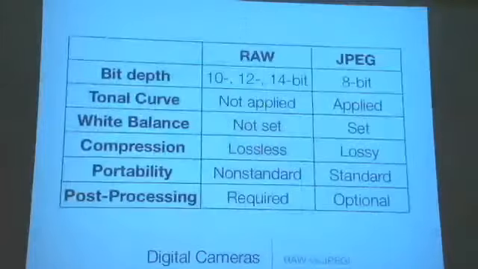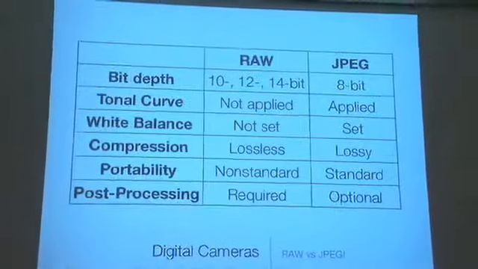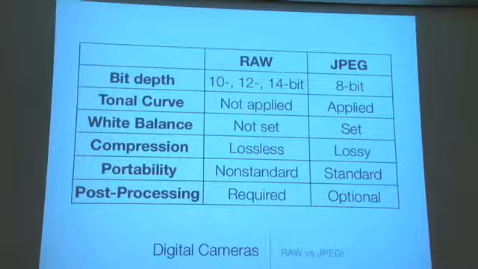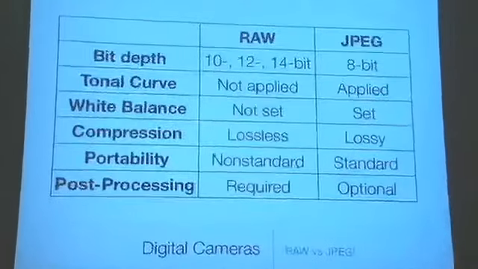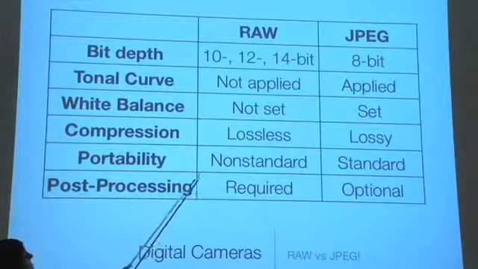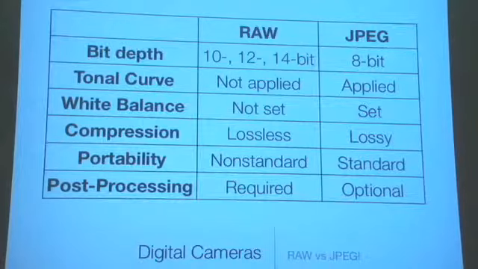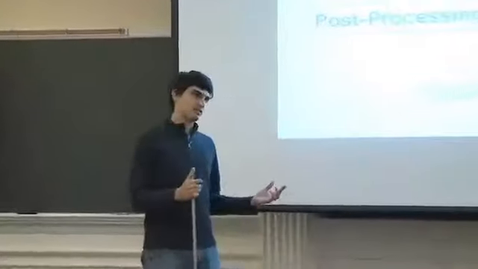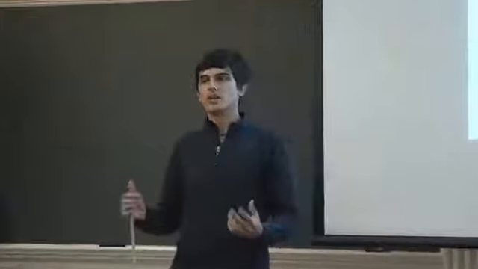Now, as you might know, when we're dealing with the raw format, we actually have the best capability of adjusting color temperature. So the white balance is not set in a raw file. So you can go back later and fix what your camera did wrong. So if all of the arguments before haven't convinced you to at least try using raw, then hopefully this will,